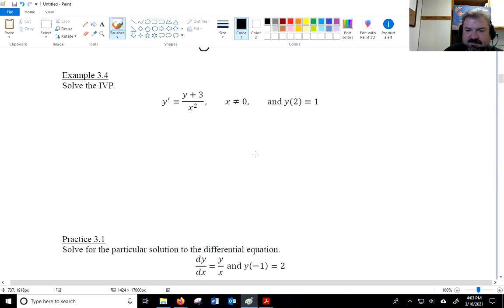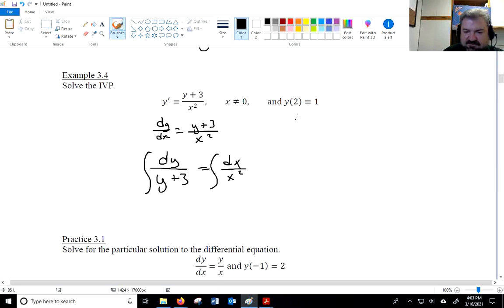All right, let's rewrite y prime as dy dx. That helps us separate our variables. And I'm going to multiply both sides by dx and divide both sides by y plus 3. So when I divide by y plus 3, the y plus 3 comes over here, and the dx goes over here. We'll integrate both sides, which gives me the natural log of the absolute value of y plus 3